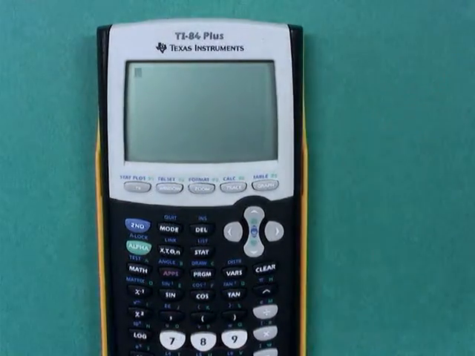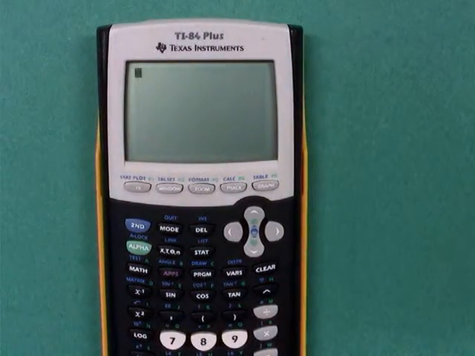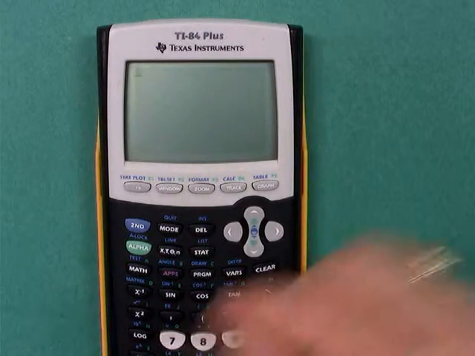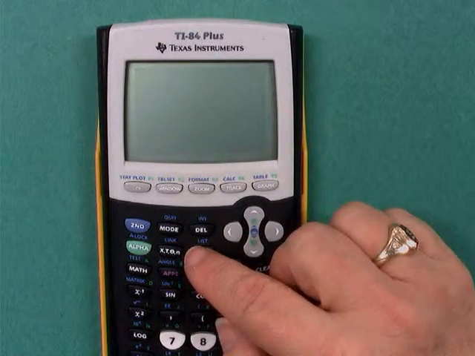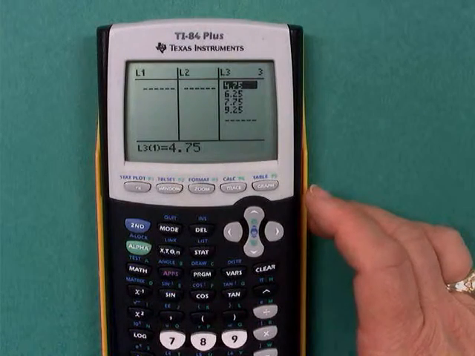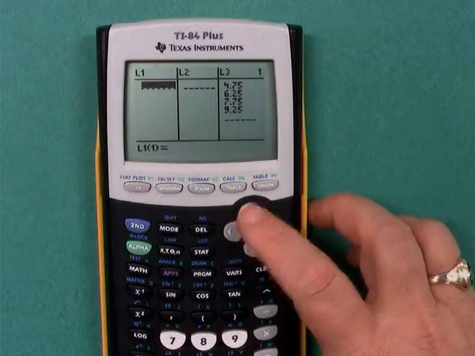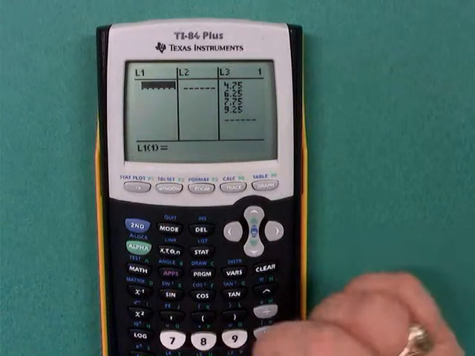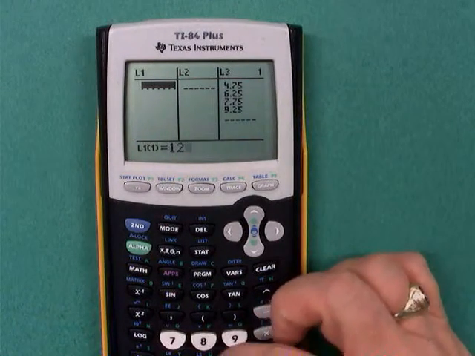This video is to show you how to take a list of information and make a scatter plot from it. So the first thing you do is have your list of information. Stat, edit. Then put in list 1 your inputs or your x values. I'm going to use 1, 2,